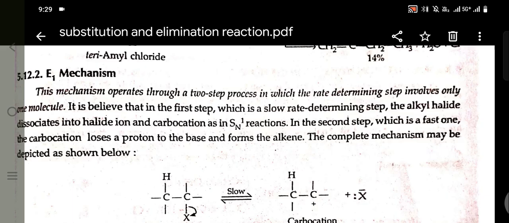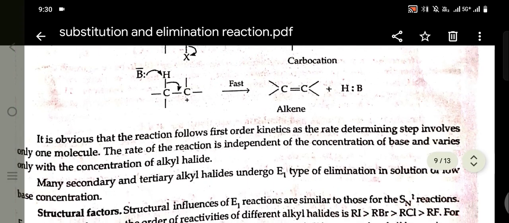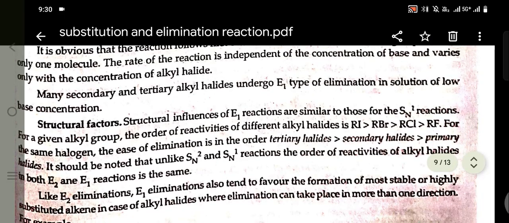The rate of the reaction is independent of the concentration of base and varies only with the concentration of alkyl halide. Many secondary and tertiary alkyl halides undergo E1 type of elimination in solution of low base concentration. Structural factors. Structural influences of E1 reactions are similar to those for the SN1 reactions. For a given alkyl group, the order of reactivities of different alkyl halides is maximum RI, then RBr, then RCl, then RF. For the same halogen, the ease of elimination is in the order of maximum tertiary halide, then secondary